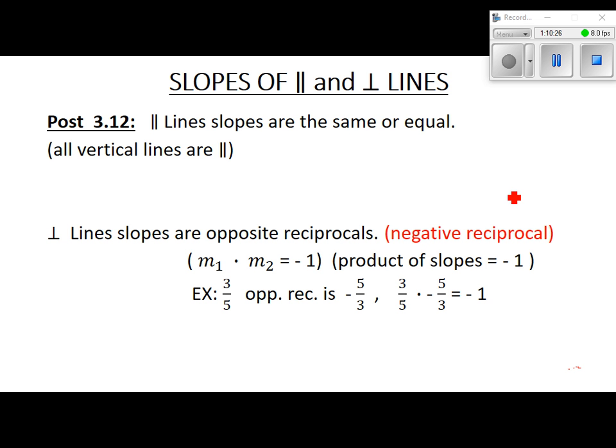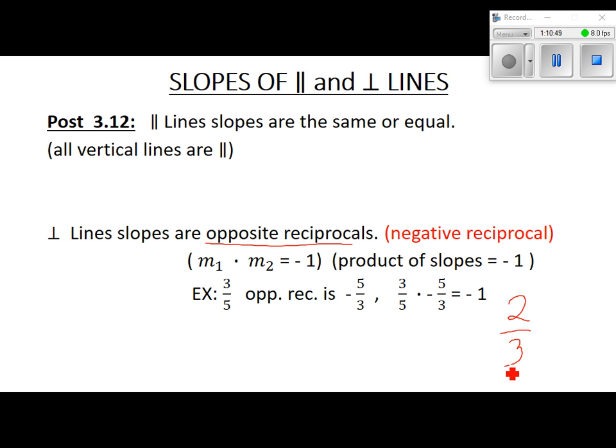Correct. And what that means, first, if my arms are parallel, and I tell you the slope of my left arm is 5, what's the slope of my right arm? 5. If I tell you that my arms are perpendicular to each other, then their slopes have to be opposite reciprocals. If I give you this,